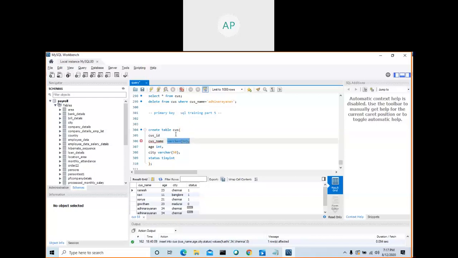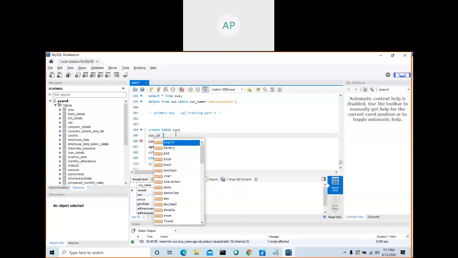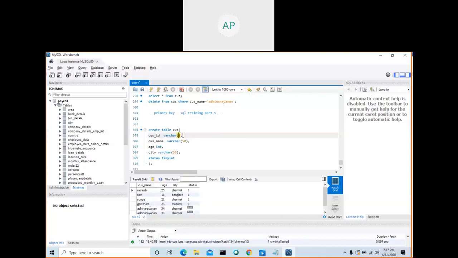Integer will not work. Int will store only numeric values. But customer ID is going to be a combination of character and number, so I use varchar. What is the maximum length of an employee ID? It can be 10, not more than 10. Now customer ID varchar, comma.